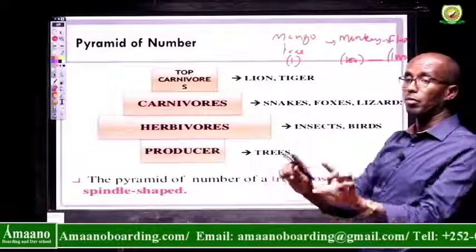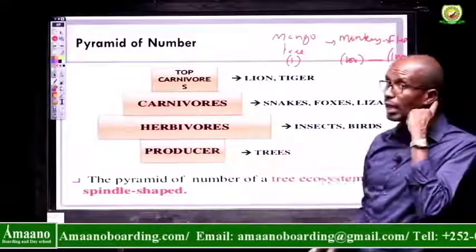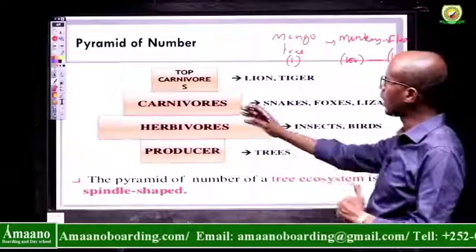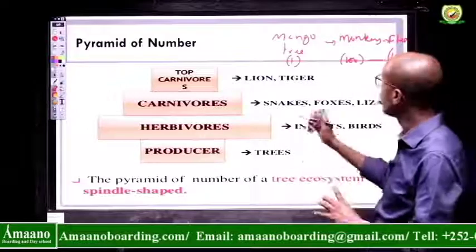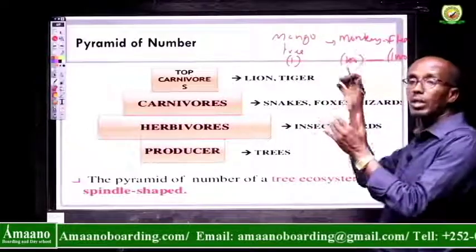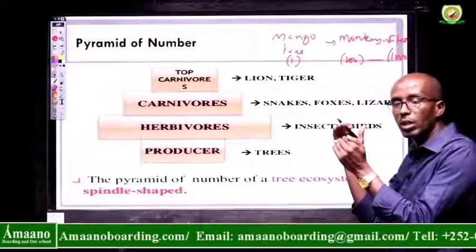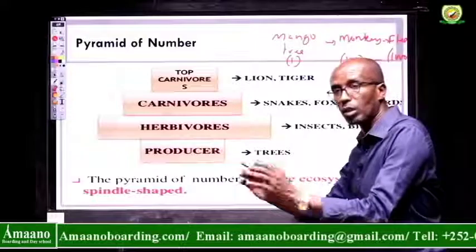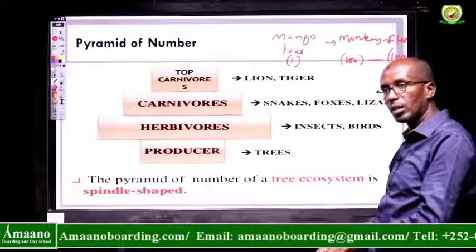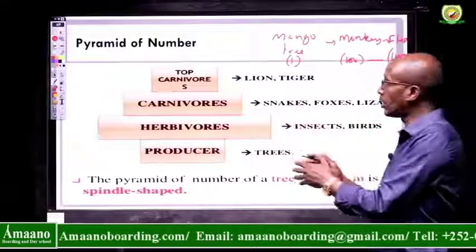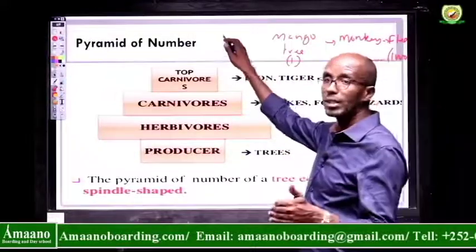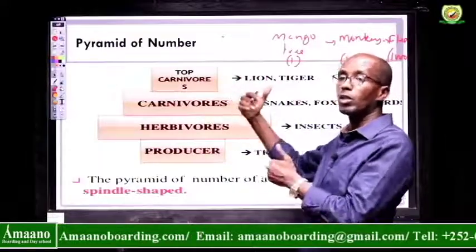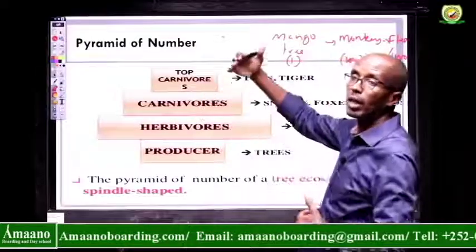So if the producer is large compared to the consumers, then what happens is like an inverted food chain. As the size of the organism decreases, the number increases. As the size of the organism increases, the number decreases. So if you have here, for example, grass, and then the next one is rabbit, you see the rabbit is bigger than the grass, and then the fox is bigger than the rabbit, so you get an upright